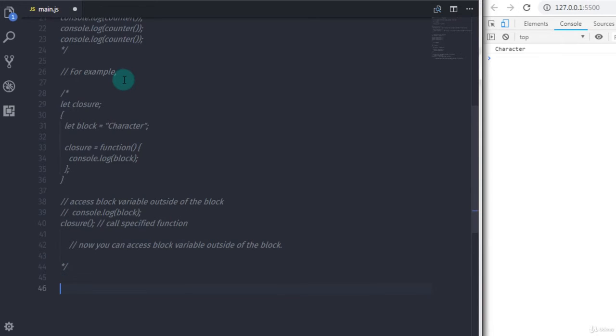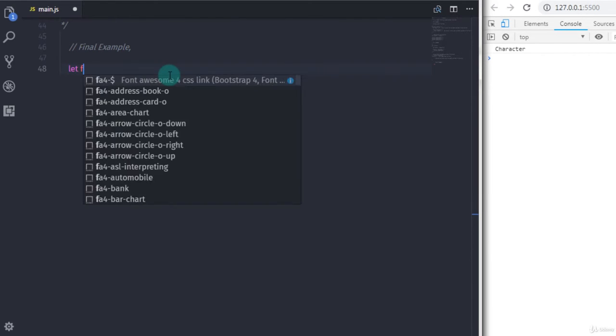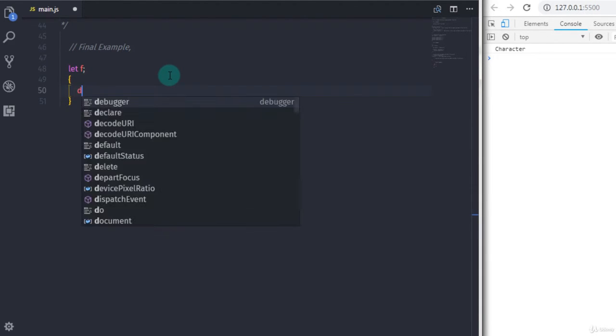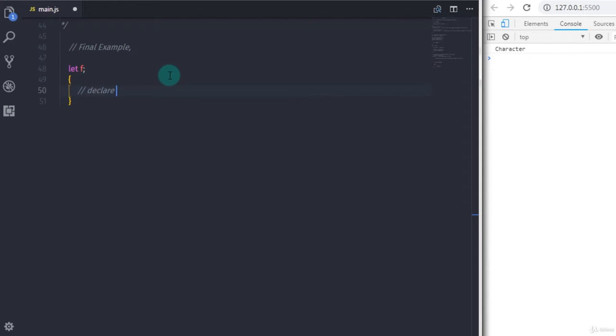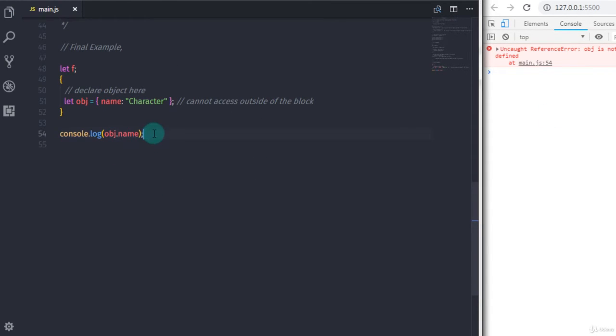Let's take one more last example with an object. In this example, we are using an arrow function as a closure. Take attention on this example. I will declare a variable here. So I will say let f, and after that I will create a standalone block, and in this block I will declare an object. So I will say obj is equal to and specify a property. So I will say name: character. Now I just want to access this object